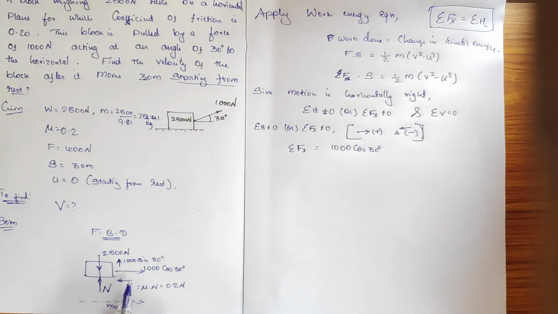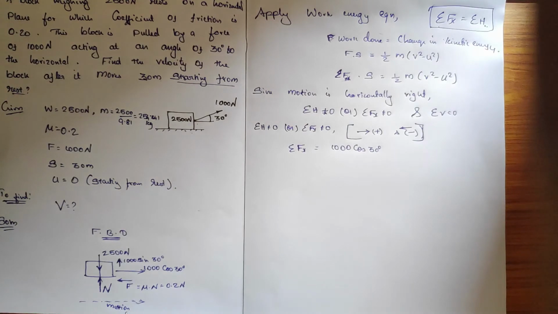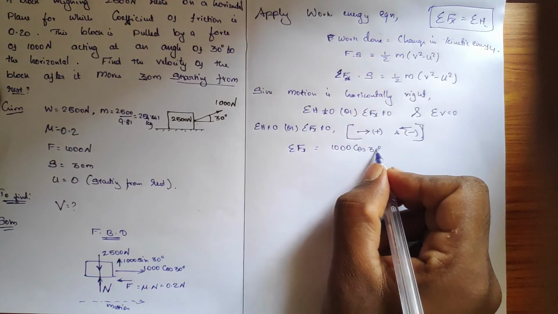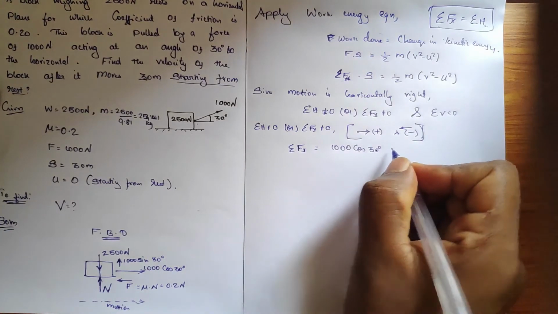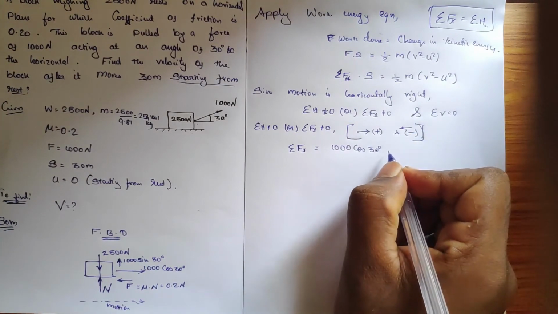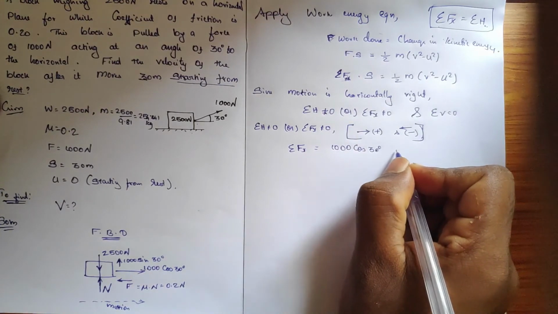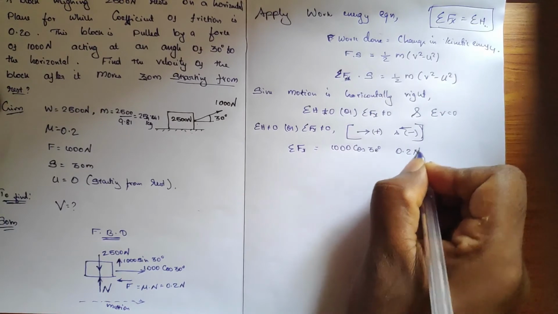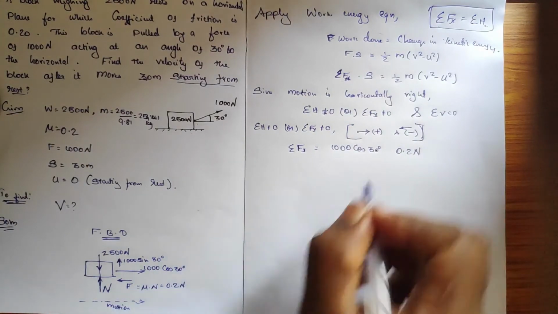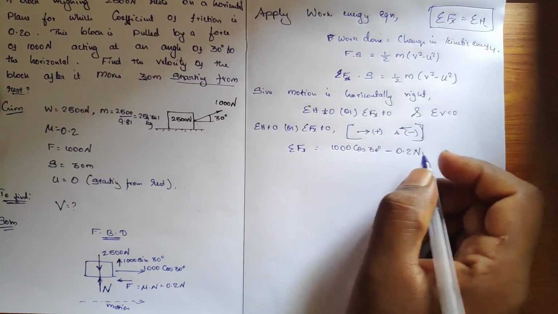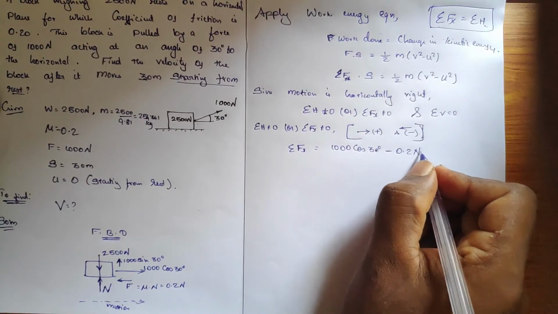Okay, this must be noted. Here it is not an issue, it is the typical pattern. Motion is right side, so right side force is positive and left side force is negative. If your motion is towards the left side, then your left side force should be positive and right side force should be negative. So here 1000 cos 30 degree is positive, and the friction force, 0.2 into normal reaction, which is directed towards the left side, is negative. Fine. So here the unknown reaction is normal.